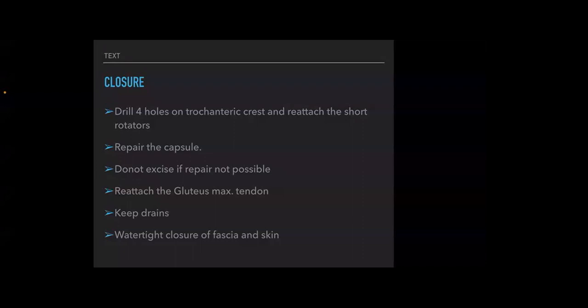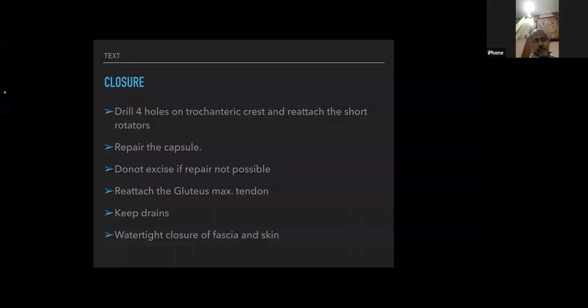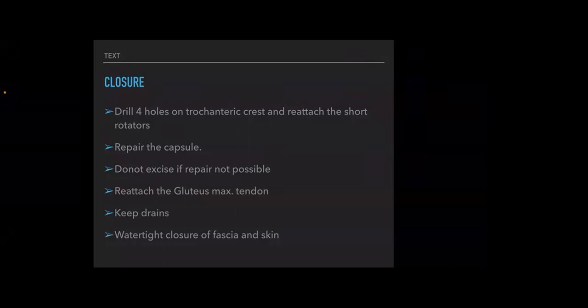Don't try to cut. Earlier we had a theory that we should completely excise the capsule, but it's very important that you resuture it. If you're not able to resuture it, at least leave it there. Don't cut it. Reattach the gluteus maximus tendon,